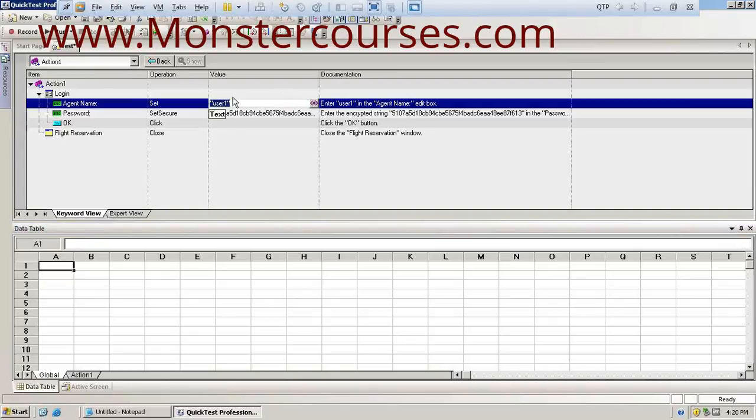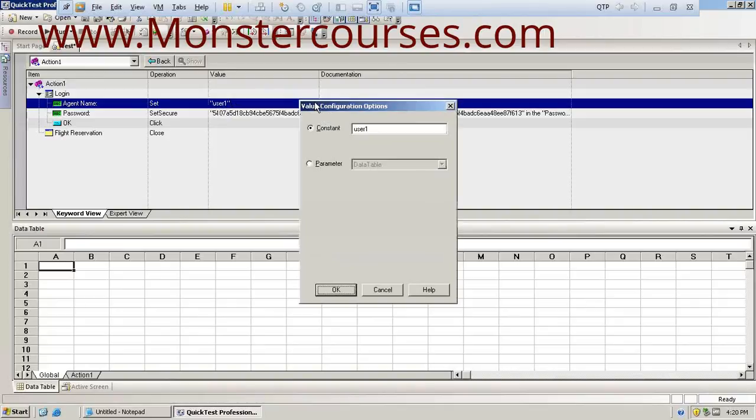Now let's say there is a requirement saying that this login application should be tested with 10 values of agent names. Instead of creating 10 test scripts, with a single script itself, we'll instruct the tool to execute it 10 times with 10 different values.